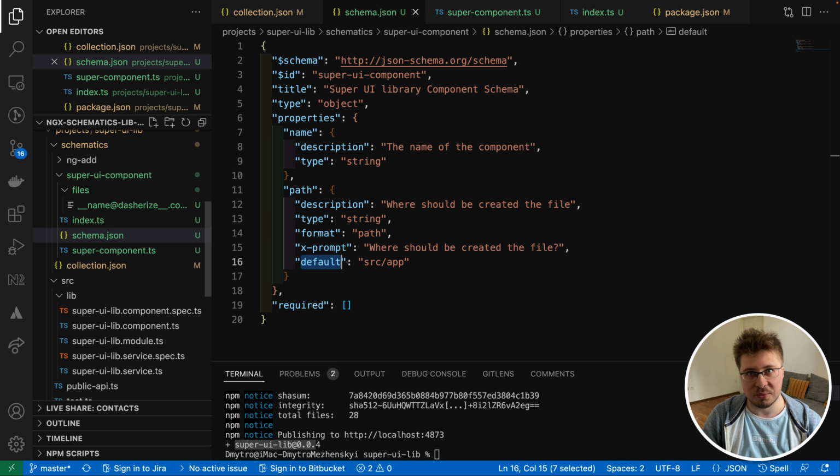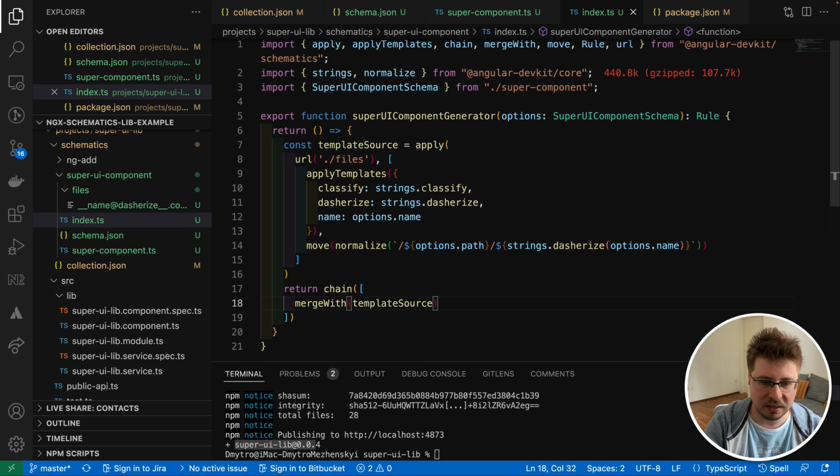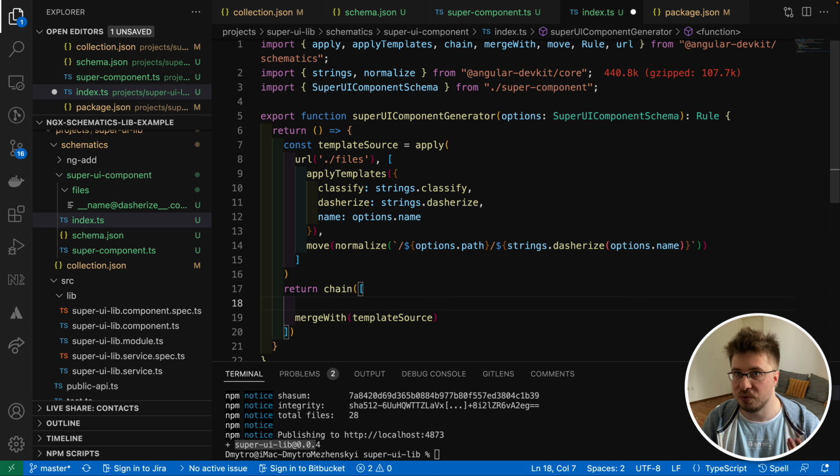We could do this, but why, if we can reuse an already existing schematic that does exactly what we need? So let's reuse the default schematic for Angular. And if you want to do that, in this chain of rules we have to introduce a new rule. And there is a function for that called